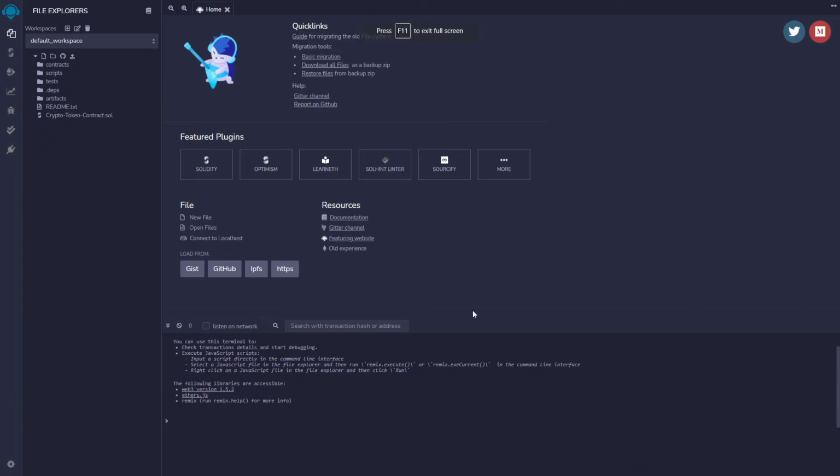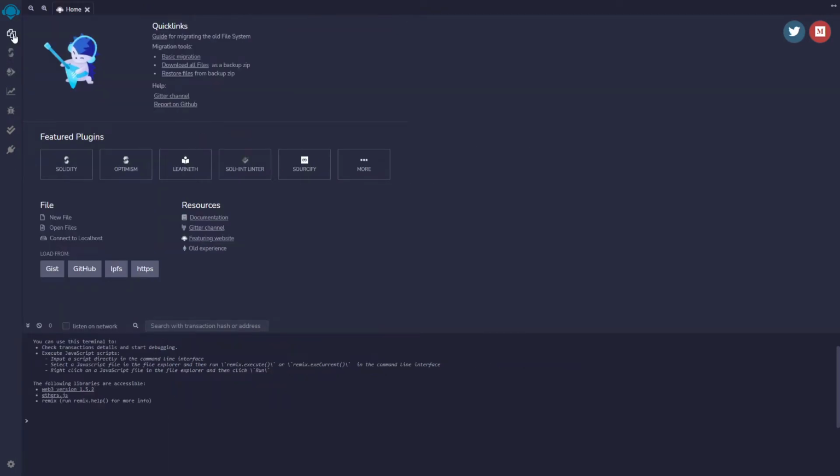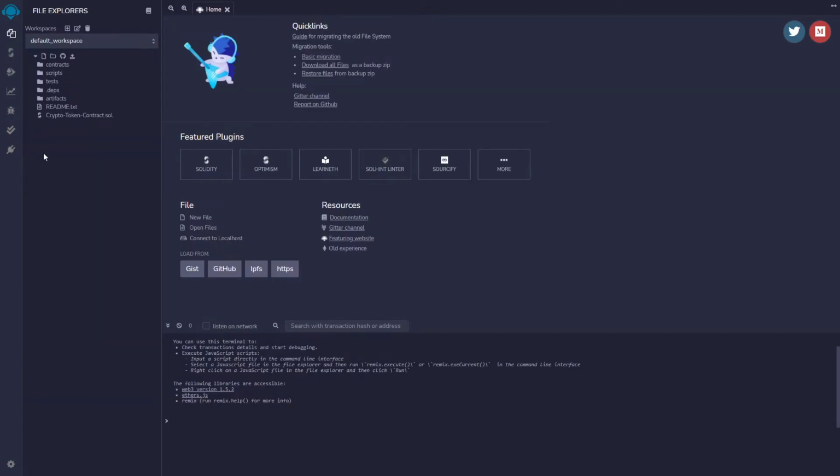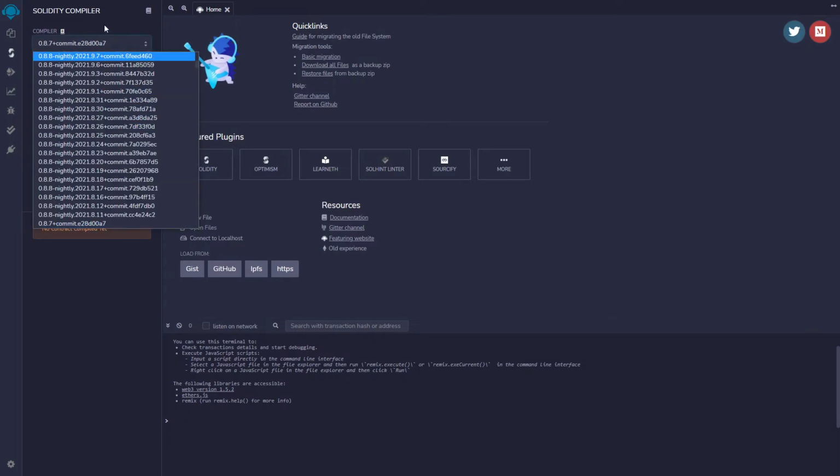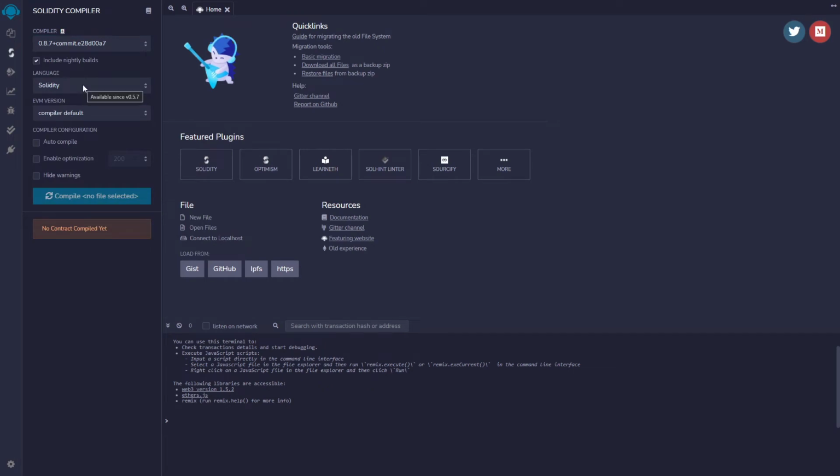On the left side sidebar, you can see the workspace. You can create the folders, you can create the smart contract files, and on the Solidity compiler you can select the version of the compiler that you want to work with, and you can select the language, the VM versions,